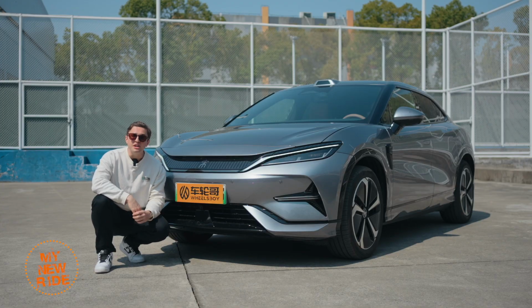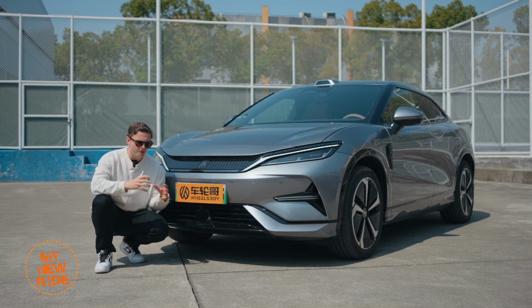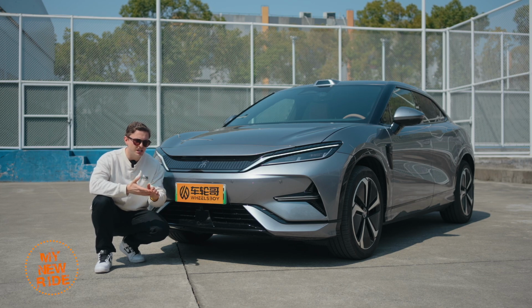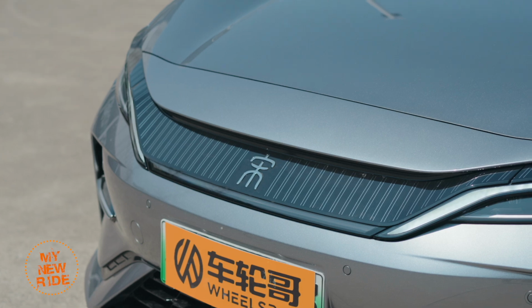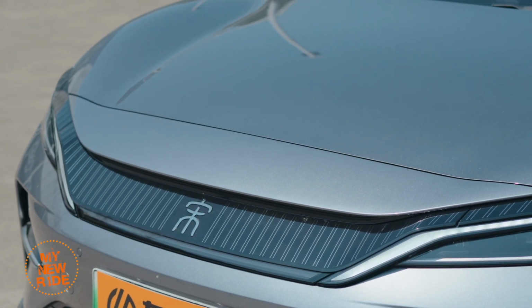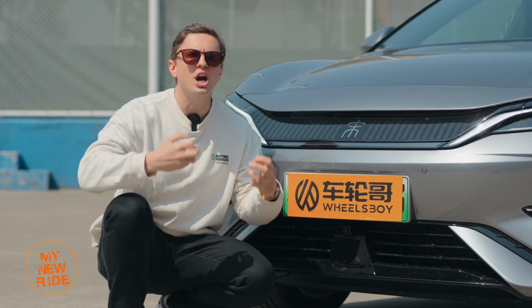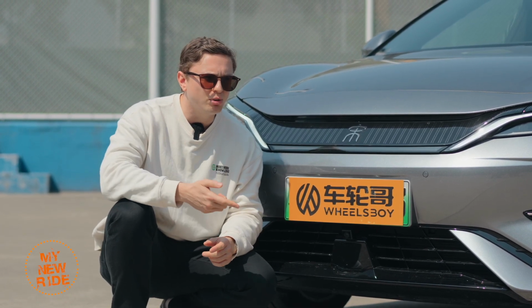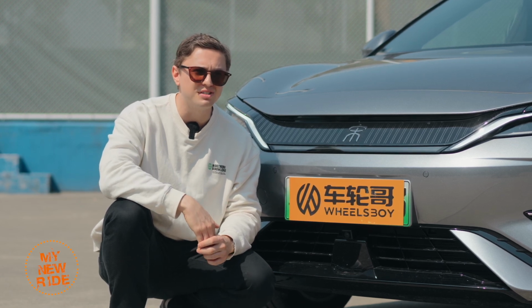A quick aside about the name of this car. It is part of BYD's Dynasty series, in which all the models are named after different Chinese dynasties. So you've got the Han, the Tang, the Qin, the Song. As you can imagine, this is the Chinese character for Song, which uses the Song Dynasty name. I think that this series is one of the best attempts at leveraging China's long history from any automaker so far. It's simple, it's historical, it's interesting, and it's a heck of a lot easier to pronounce than something like